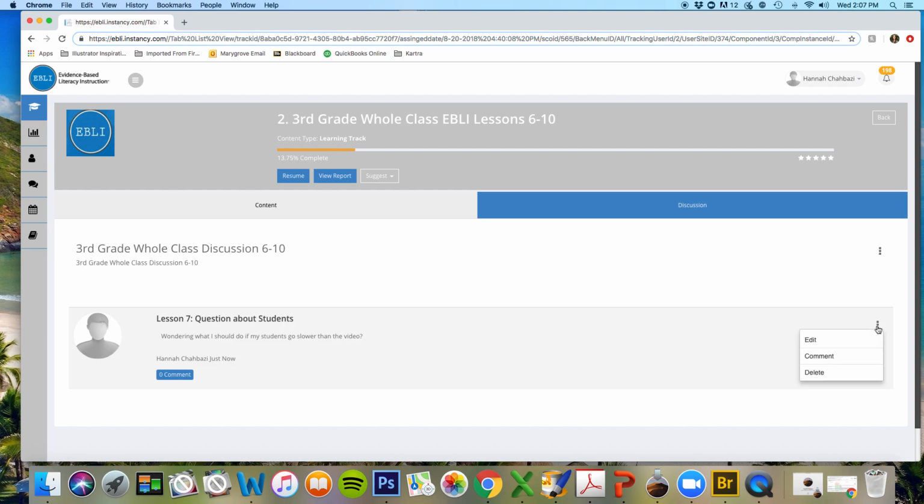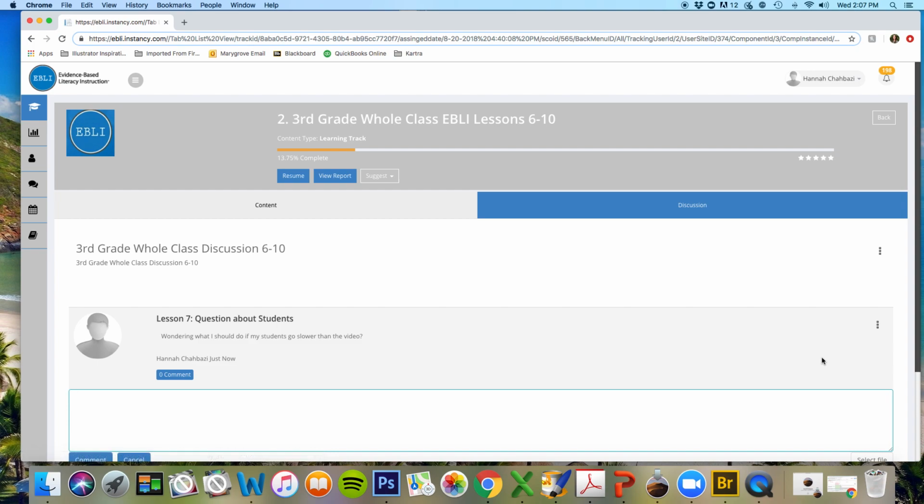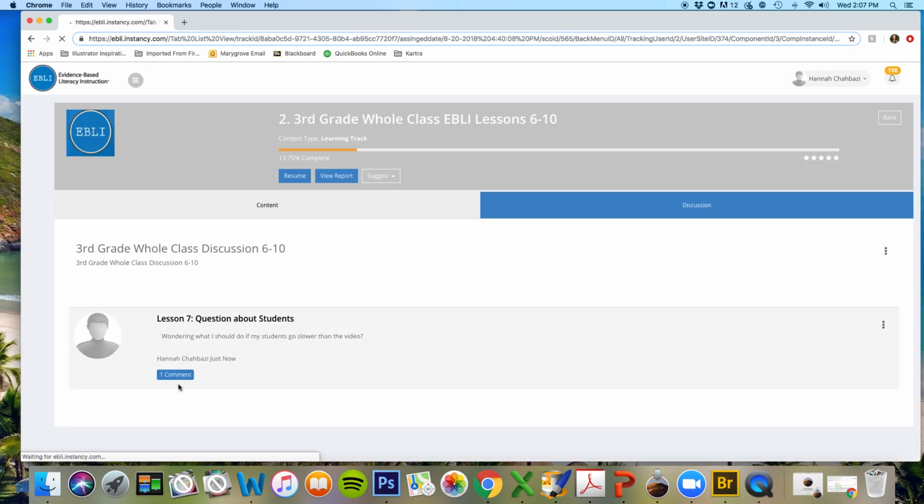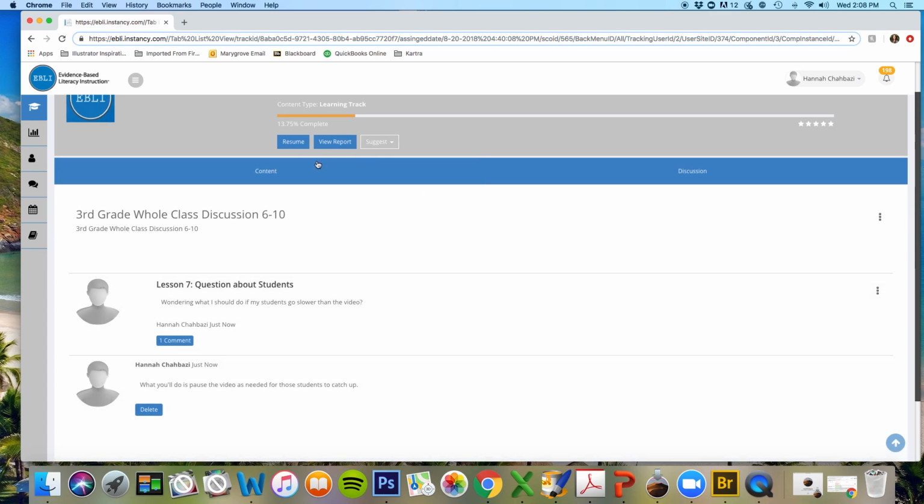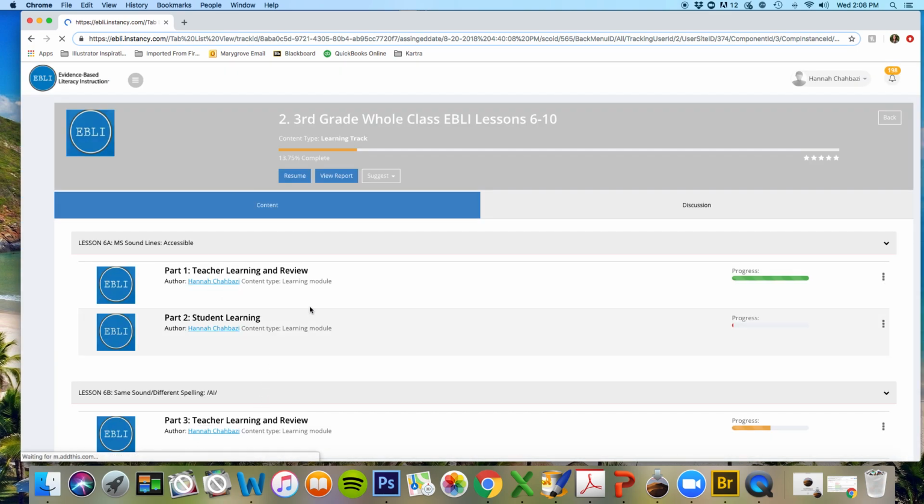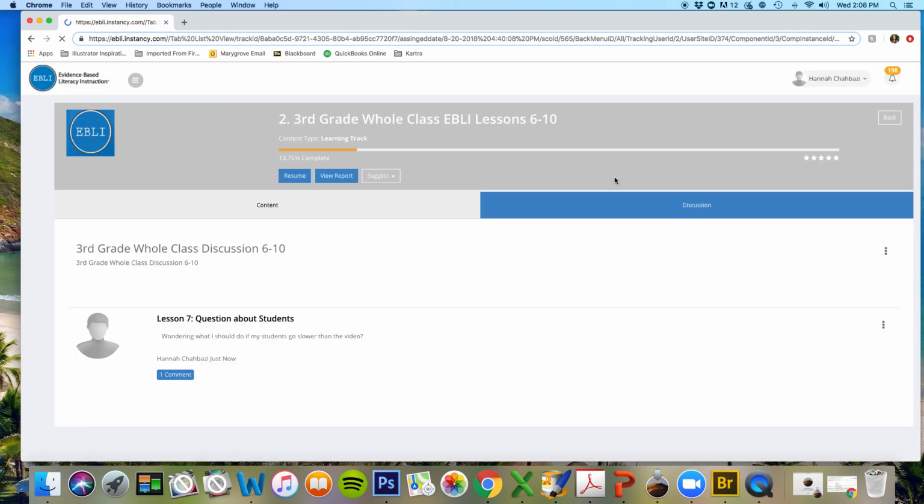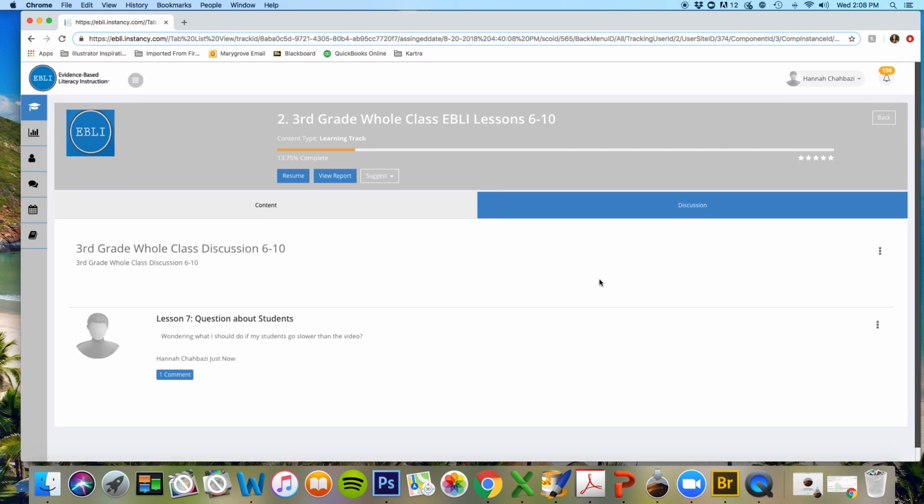Then for us to answer, or for someone else to answer, we'll click the 3 dots on your topic and write a comment. So once that comment is on there, it won't show up until you click it, and then it'll show up underneath. So again, over here is our content for lessons 6 through 10, and then over to the right is the discussion. So that is a little glimpse into the online training,